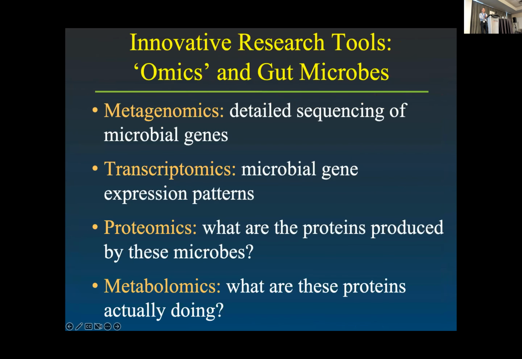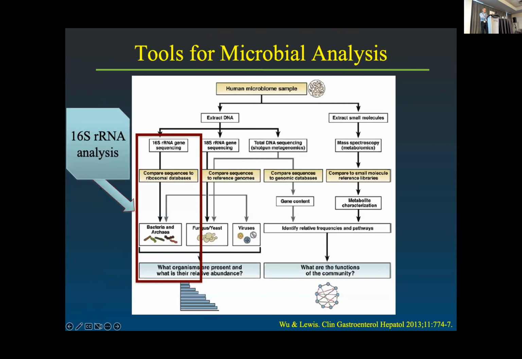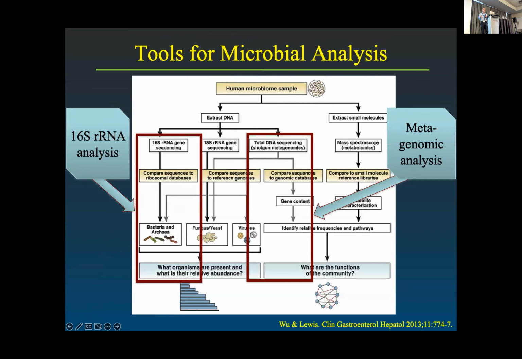The other point is the multi-omics in the field of GI and the microbes, which I think many people have heard about, but there are many other omics as well that we have access to now. This is really great in producing data, and this is just showing how we get that. For example, 16S ribosomal RNA sequencing of microbes gives us the composition of the microbial community. We can look at metagenomic analysis, which gives us compositional data but also functional data: what are the genes that these microbes have and are able to express? And then metabolomics gives us the actual endpoints of the metabolic process that happens in that setting.